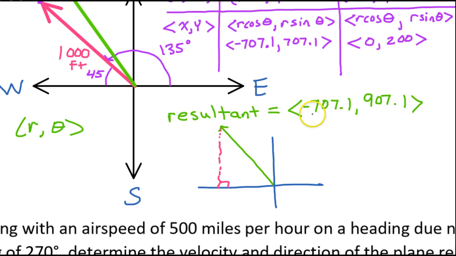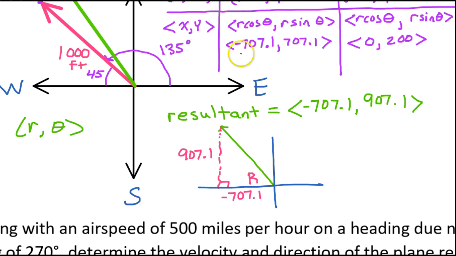So it's left 707.1. So that means over here I have 707.1. All right, I don't really need to put the negative on it. I mean, I guess it doesn't hurt. And then it's up 907.1. So this vertical portion is my 907.1. So I can find this reference angle, which I will call R,